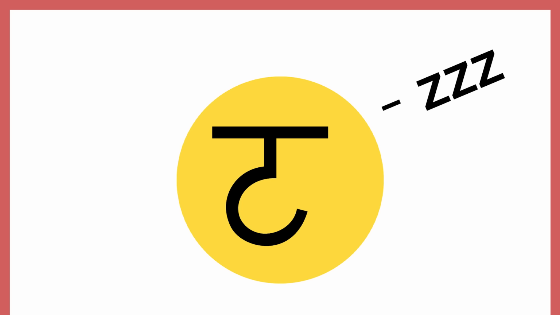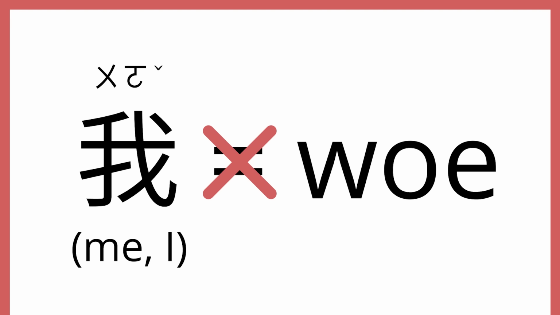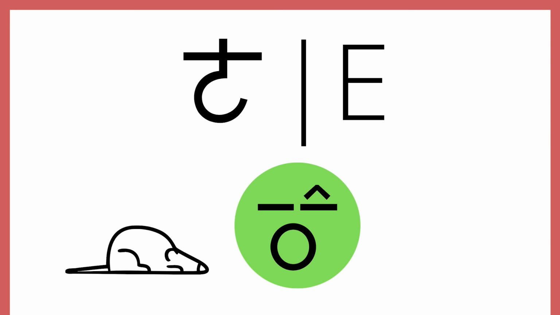That's why the Chinese word for me, or I, is wo. Wo. Not wo, but wo. Even though it's spelled W-O in pinyin. Wo, wo, wo, wo. Hear the difference? Okay, moving on. The next letter,